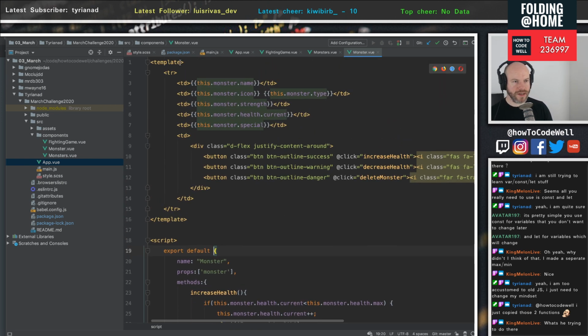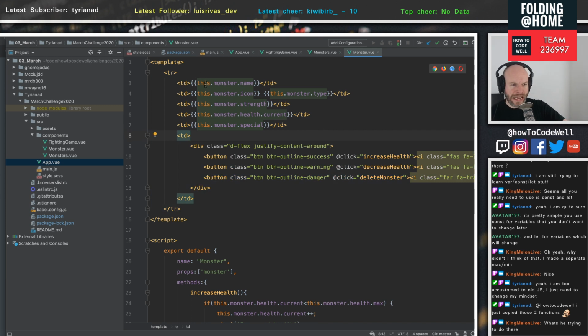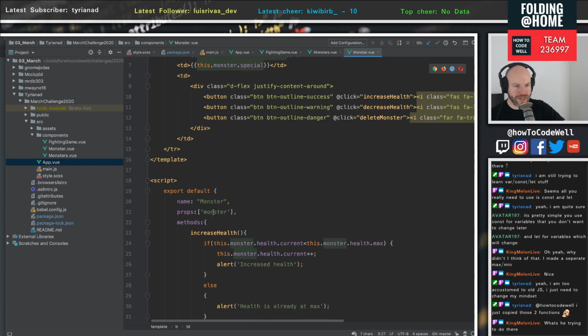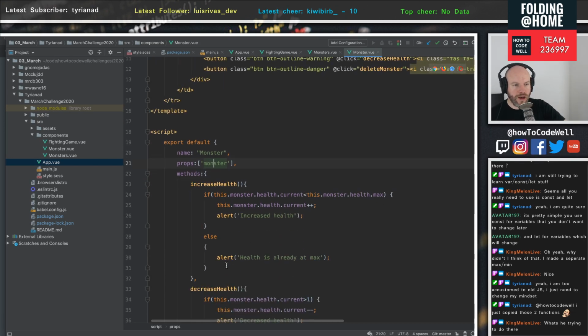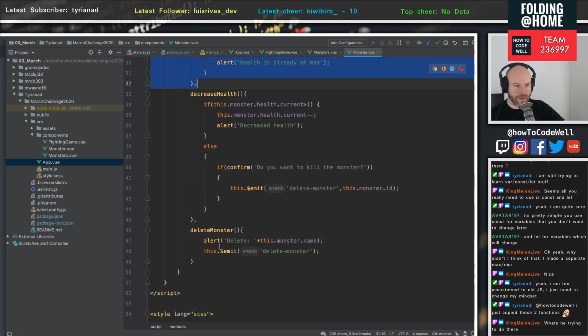So this is the TRs, so a table row. So for each monster, there is a table row. Again, very easy to read here. So you've got the pulling out the variables, or the properties, sorry, from the monster object that we've just passed through. So the properties of monster. Then we have the ability on the monster itself to increase the health, decrease the health, and delete the monster, which then emits this to the parent